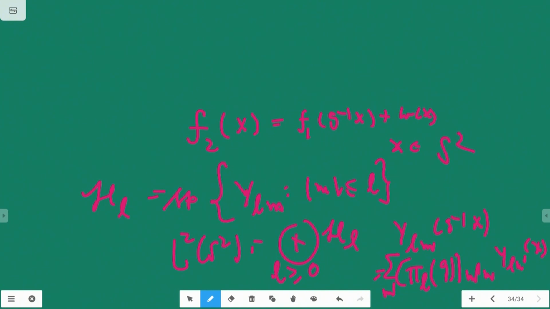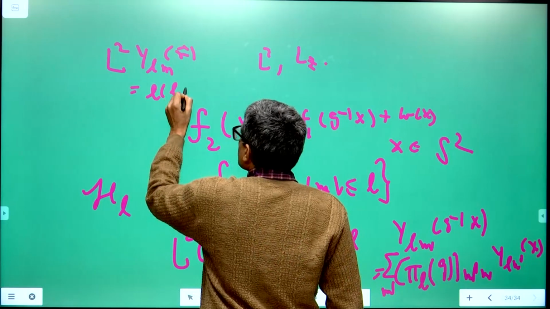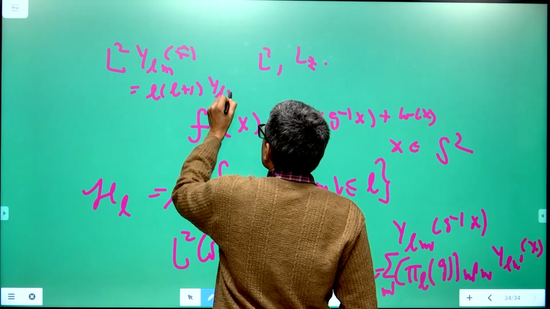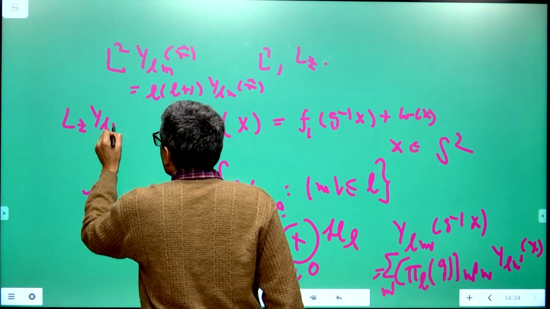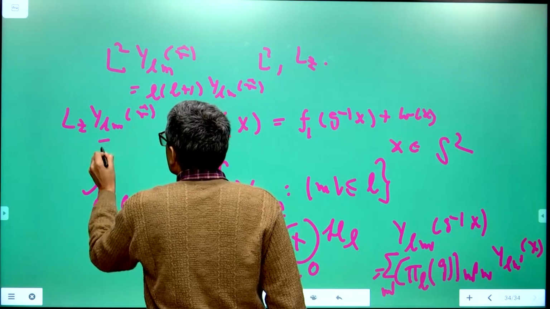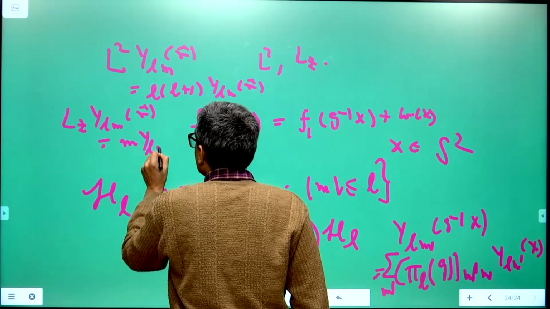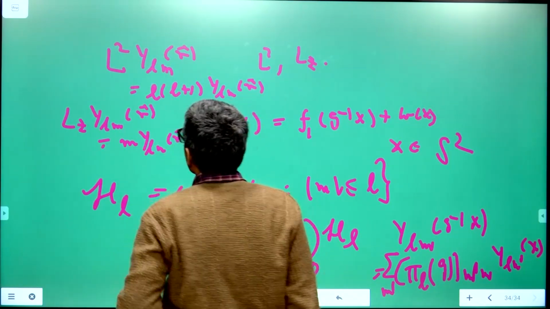invariant under rotations. How do you construct YLM? YLMs are the eigenfunctions of L square and LZ, as we learn in quantum mechanics. L square of YLM at R cap is L into L plus 1 times YLM of R cap, and LZ of YLM at R cap is m times YLM at R cap, and